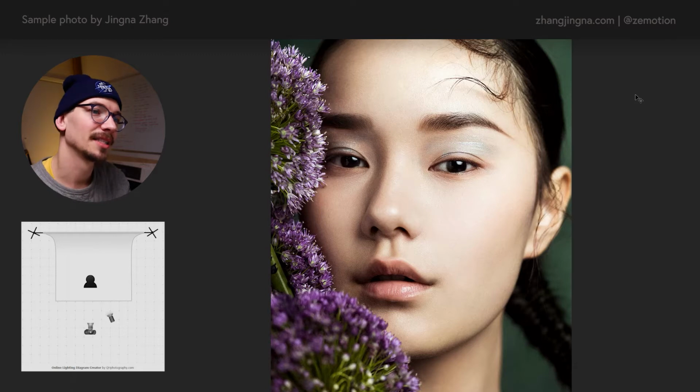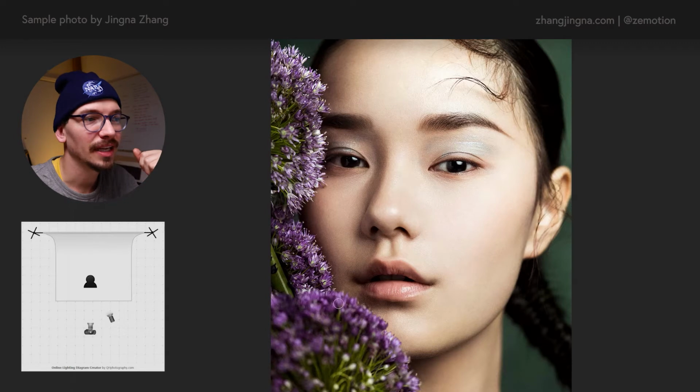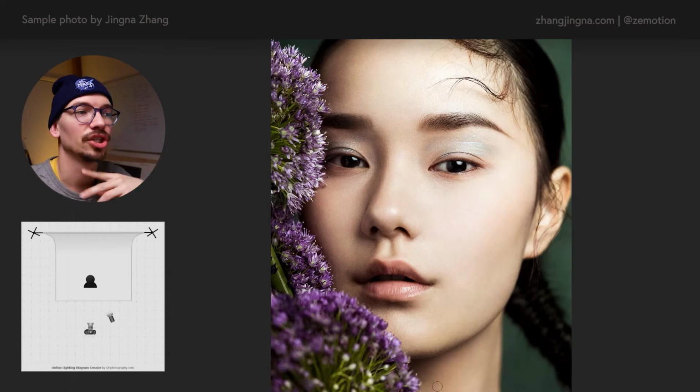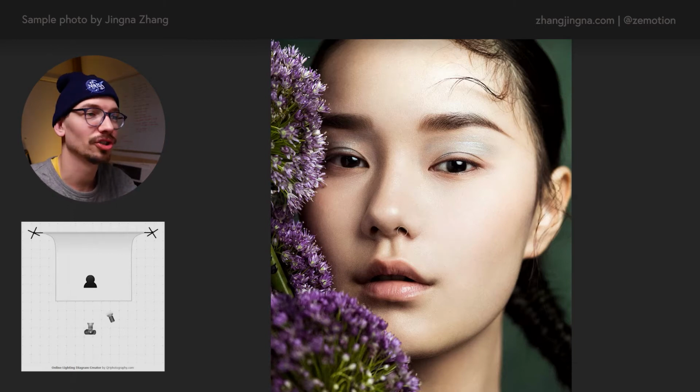Similarly, if we look for our second clue, which is the shadows, we can see the shadows are all kind of going in the same direction and have a similar intensity. You can see over here on the left side of her face, underneath the nose, underneath the lips, as well as underneath the chin, they all have the same kind of tone in the same direction. So everything here points to the fact that there's one light being used to light this portrait, and it's just the one main light coming from this direction here.